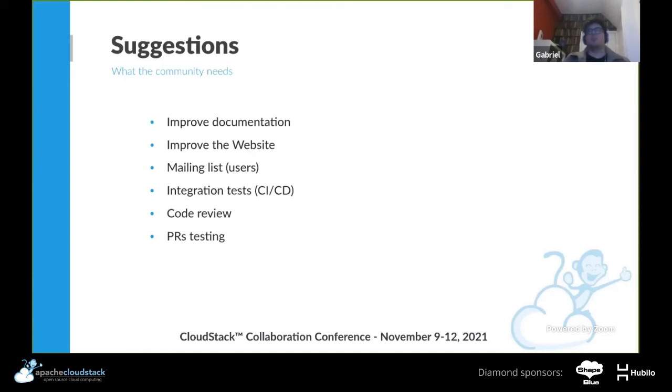Mainly this, so if you want to reply to users or share success stories there, or say, hey, yesterday I tried to deploy a CloudStack zone with this setup, it didn't work, but then I discovered that it was a small issue with, let's say, hardware or whatever, you can go there and share, and people will see the message, they will learn from it, or they will say, hey, I had the same issue, but actually it was another thing. So small things like this improve the project. And also, if you want to do any integration tests, we have always been working to learn this, and we need to keep updated. So please be welcome, help with the integration tests, implementations and enhancements.